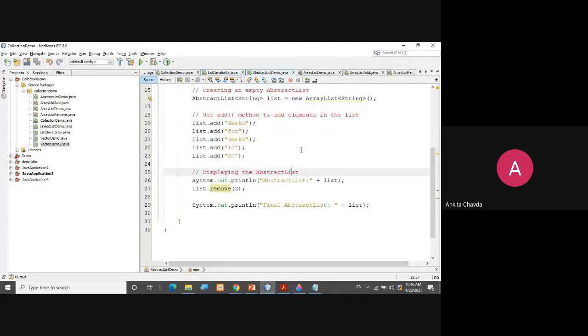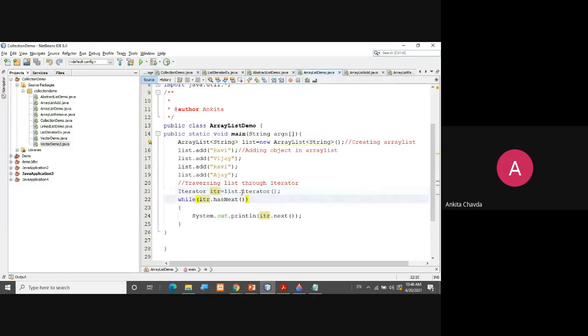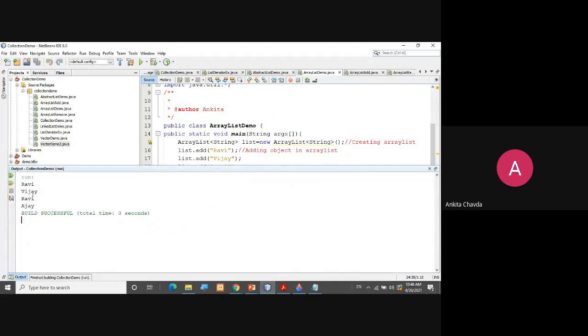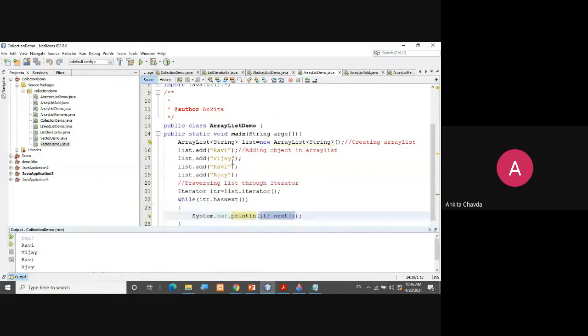So you can use either this iterator or listIterator, fine. Now while itr dot hasNext, whenever the next element is there, we are printing it with the next method, fine. So itr dot next, this will show you all four, fine, though they are duplicate elements.